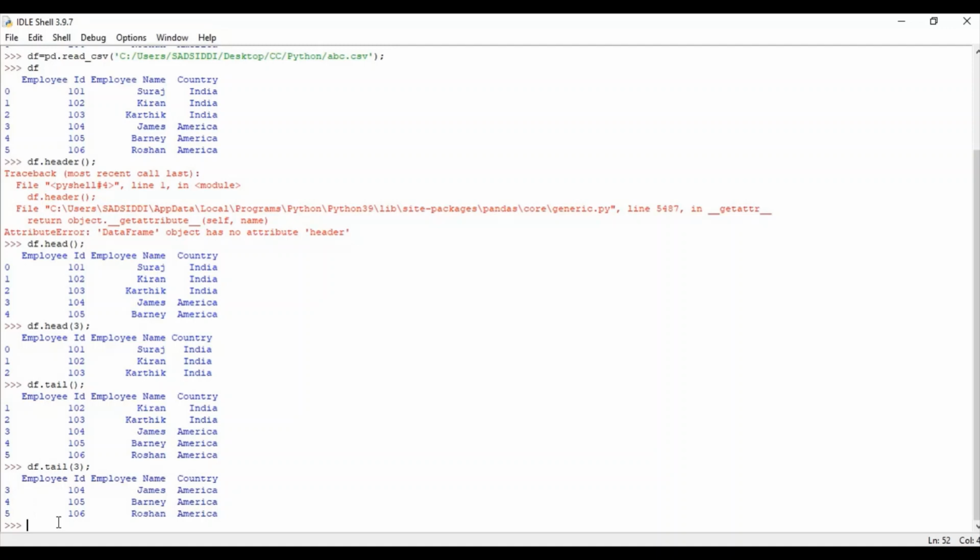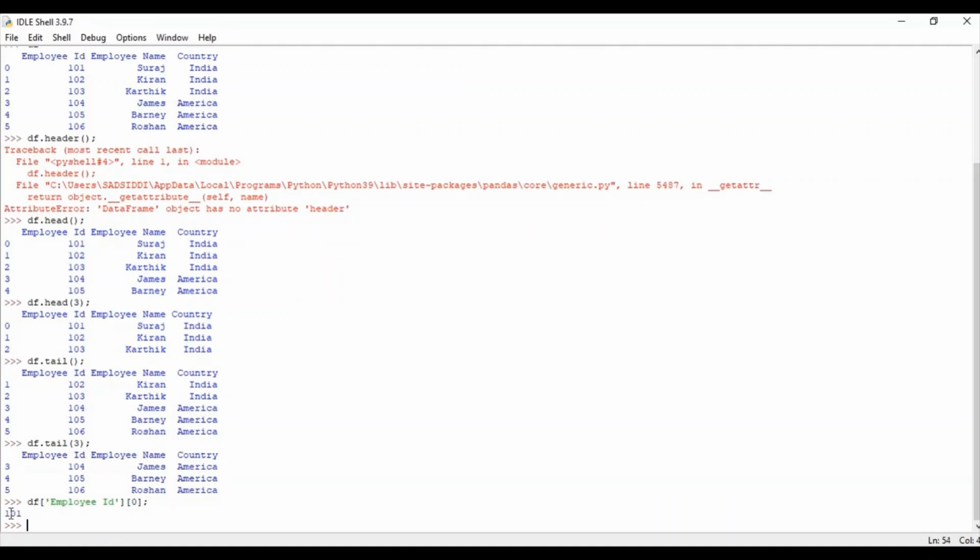Now for example, if I want to print the employee ID column, and the 0th index, it will give me 101, because this is my table here on the top.